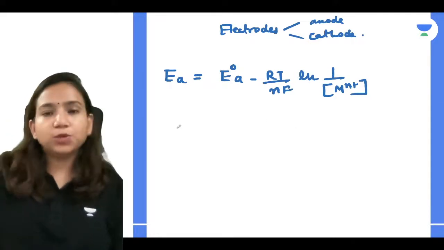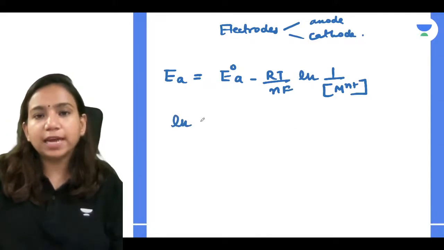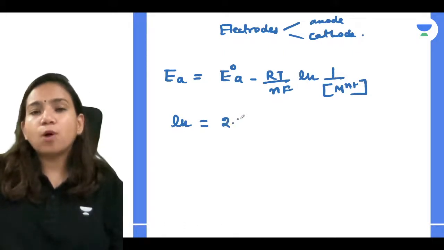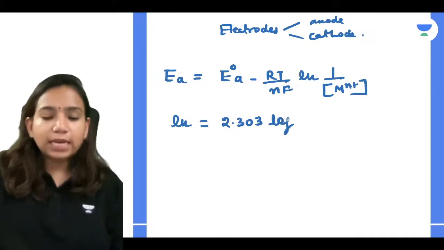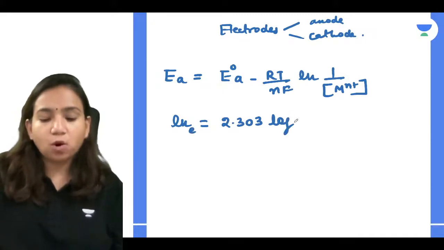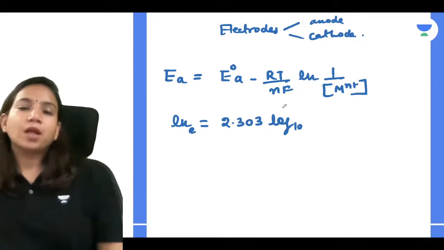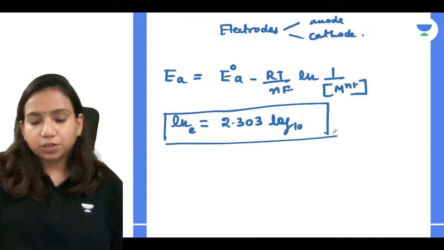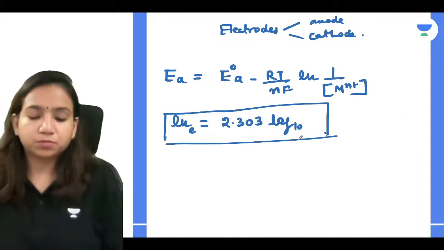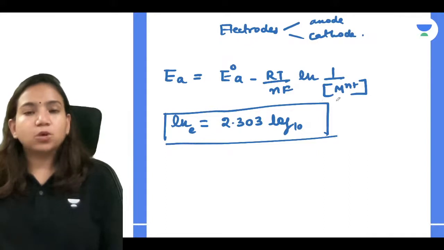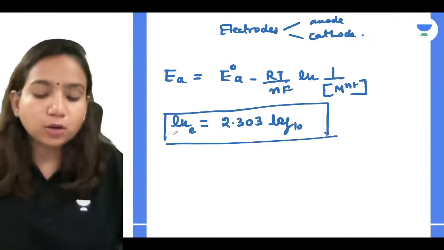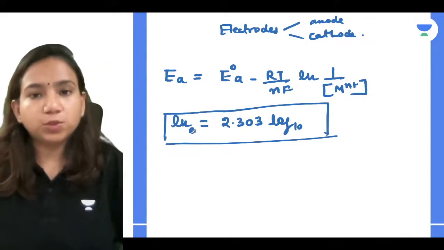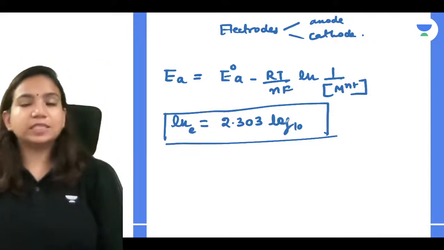So what you can relate over here is how we can relate Ln with log. Remember, guys, Ln is equal to 2.303 log. Ln means the one which has base e, while log is the one which has base 10. We never calculate the natural log because it is really difficult. We cannot solve the equations with the help of it, so we have to convert it into log whose base is 10.